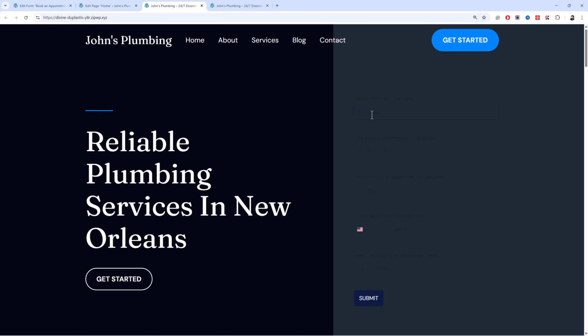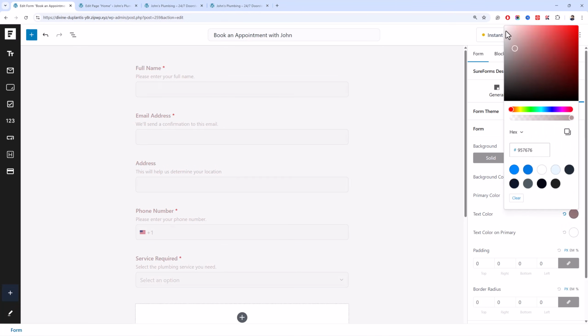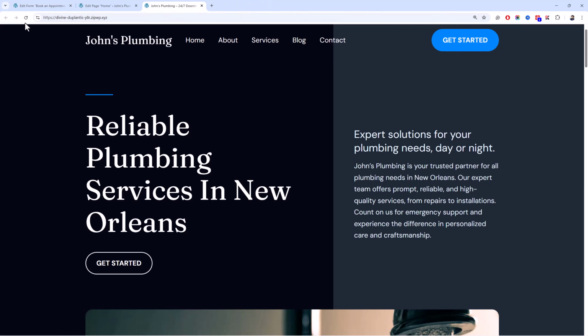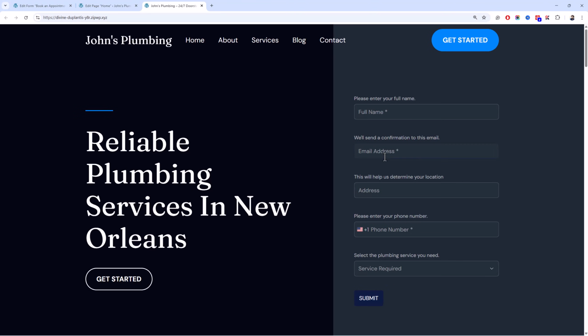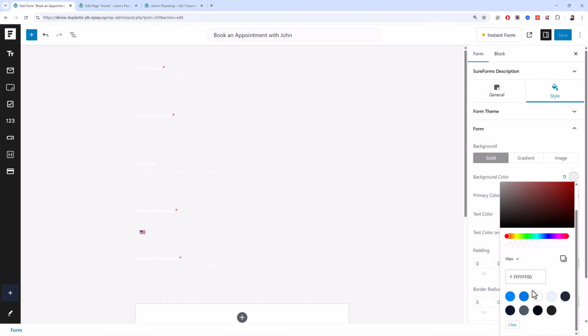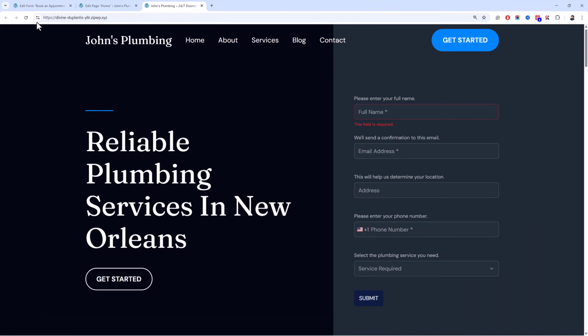Now I need to adjust the form styling. Okay, it looks much better. You can also use colors from your theme presets.